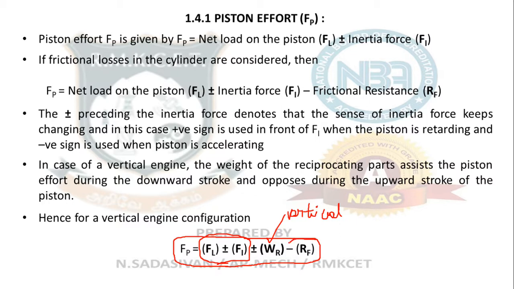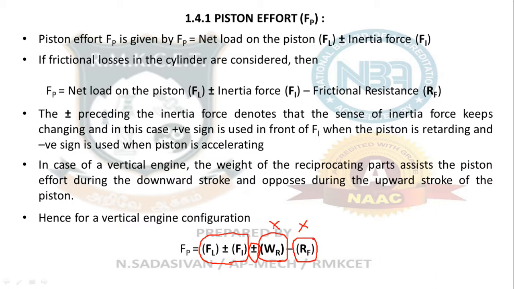So this will come only if the amount of frictional loss is given in the statement of the problem, otherwise it will not come. Most probably you will be writing only these two things. In case of a vertical engine problem, this one will come. You have to decide whether it is upward motion or downward motion based on the theta and decide this plus or minus, and if the question tells you the loss due to friction, you have to consider this, otherwise this will not come. If you have a horizontal engine, this will not come. Let's keep that in mind.